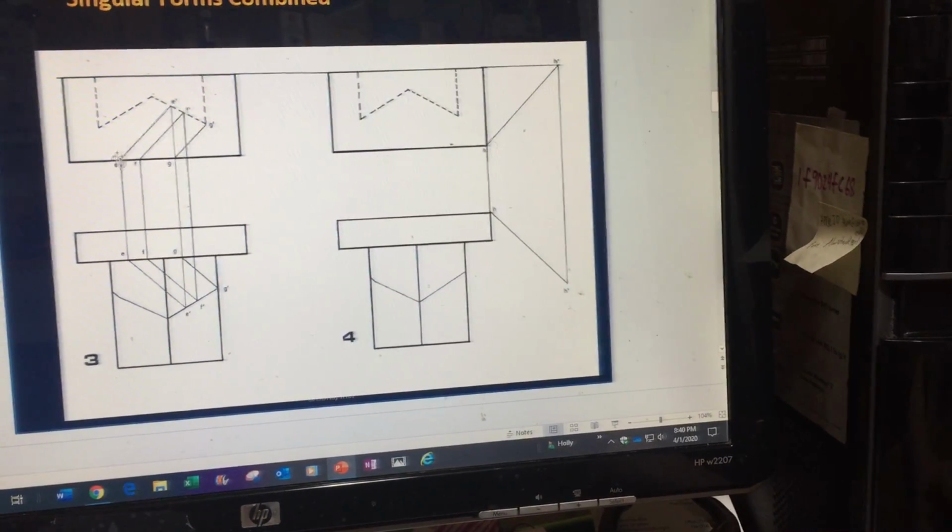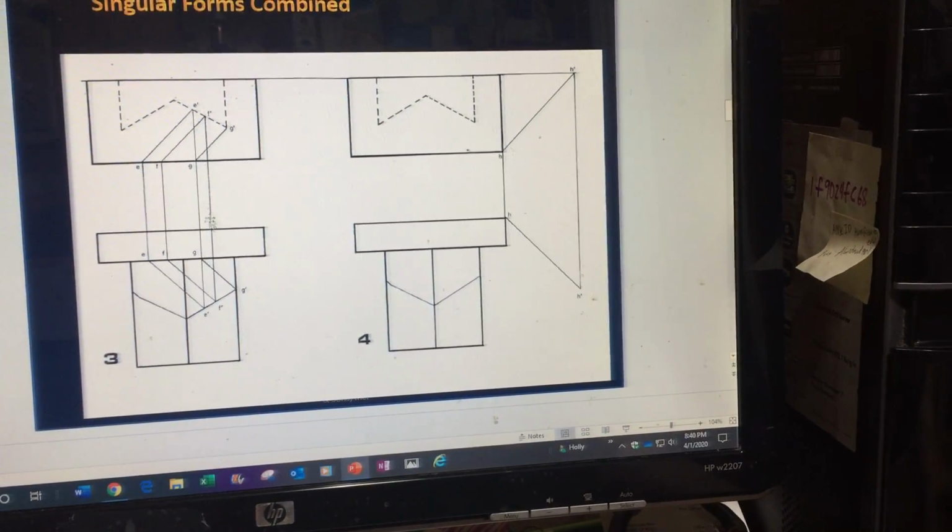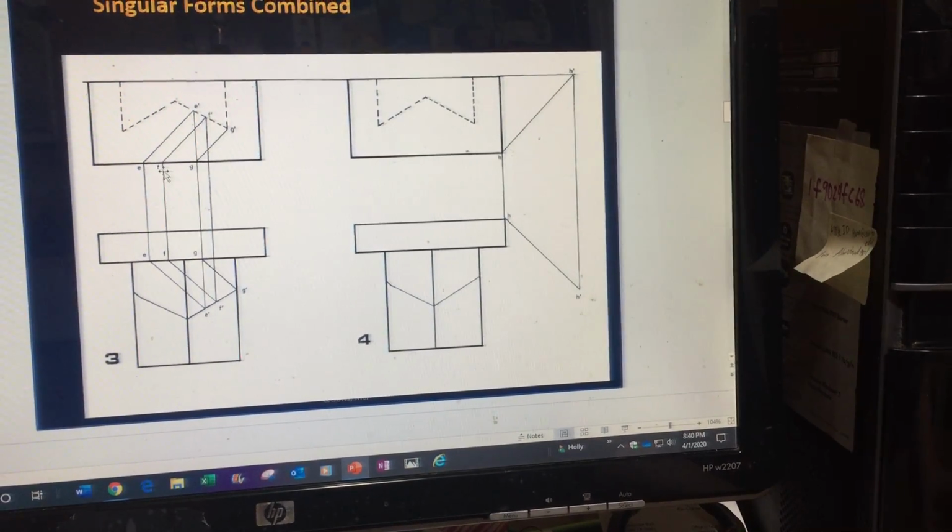Okay, you continue with that for points H, F, G, and every time when you create this, I need you to remember